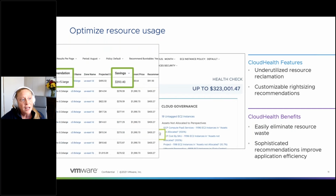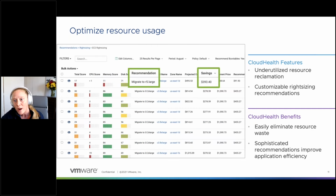We also have numerous types of right-sizing recommendations. So if you're using EC2 instances that are perhaps too large for what you need, or if you're provisioning EBS volumes that don't make sense for your usage, we'll analyze the last 13 months of your data and recommend more appropriately sized resources. And we had one of our large customers tell us that in the first month after starting to use this optimization tool, our right-sizing recommendations actually saved them close to $90,000. So for this big customer, that added up to over $1 million a year in savings just from this one